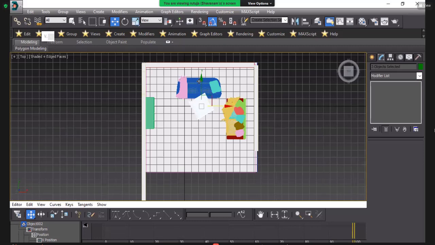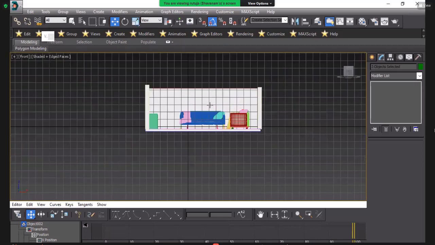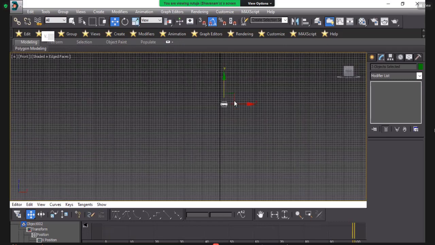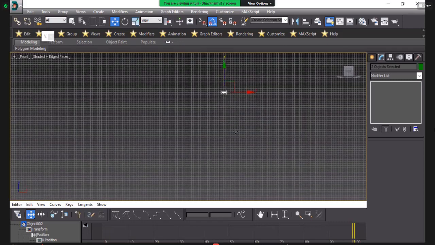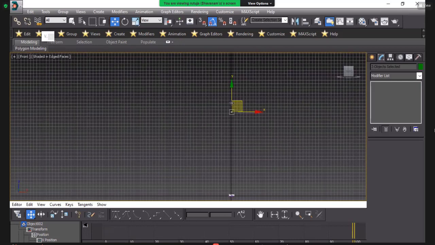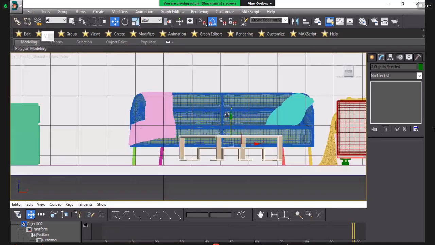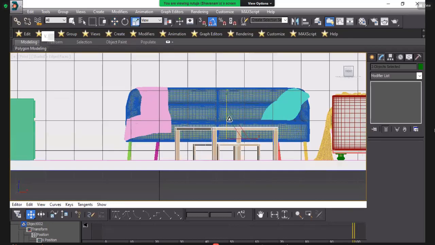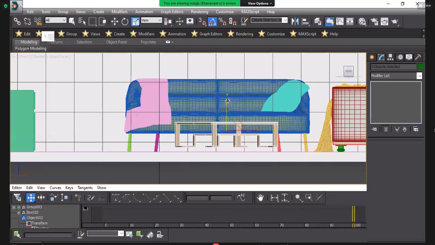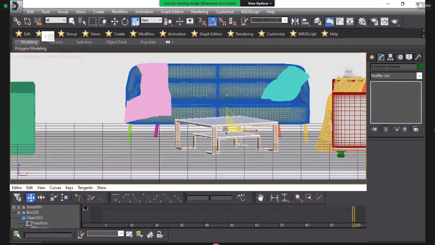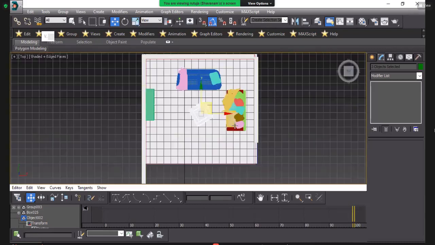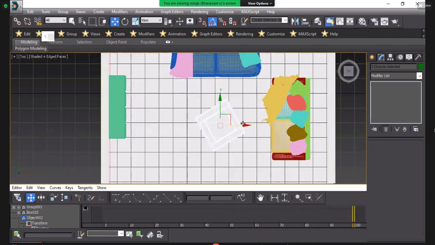Press W, front, Z. So you can see where your T table is. So I will place it here and increase the height of the table. With the help of Control Z, you can go back. Okay. Press Control.